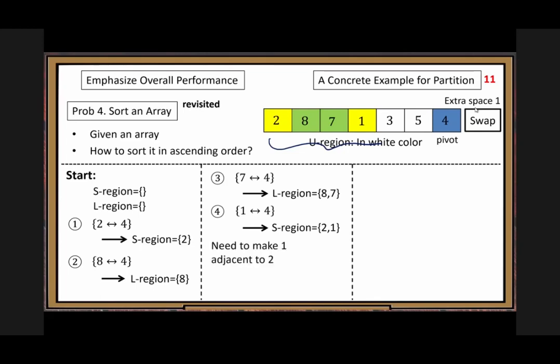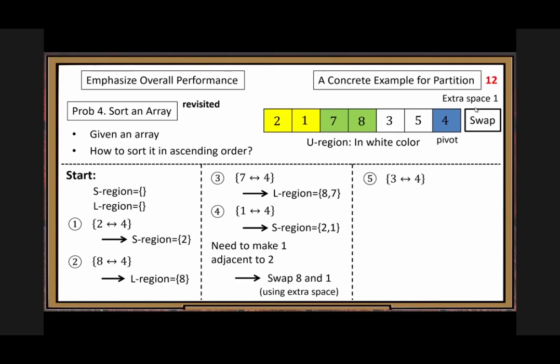We swap element 8 and element 1. With one swap, you get element 2 and element 1, the yellow elements, all in the same block, back to back. So one swap can fix it. Continue: 3 and 4. 3, another swap. So we now have the 2 regions. Number 6,